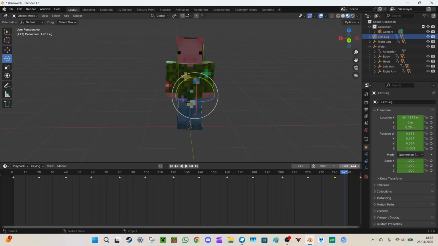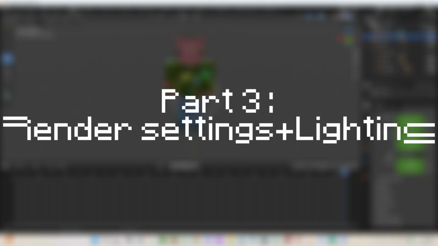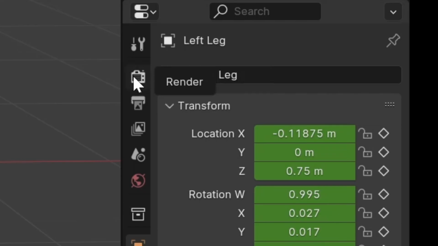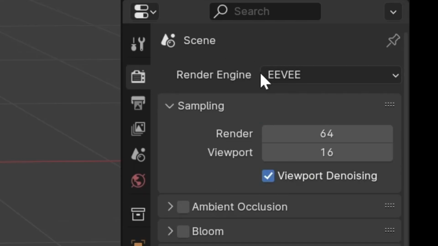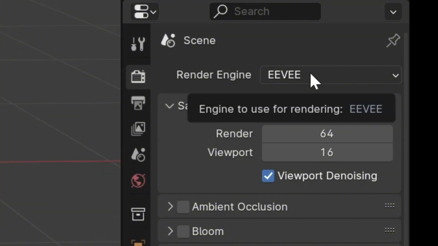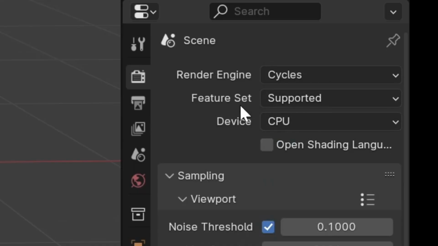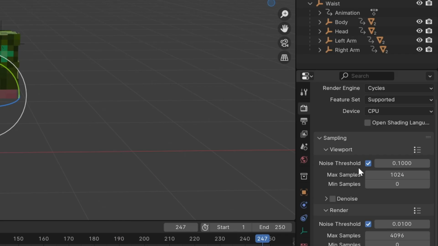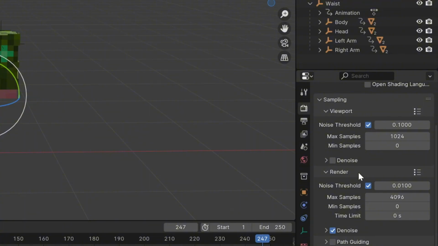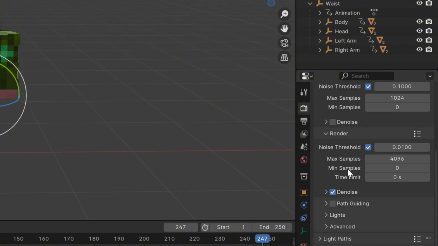So now we've got 250 frames. Let's say we want to render this into an animation. So let's get started on the settings of this. You want to click this button here, Render, and it should say Eevee. Now, Eevee is a great render engine, but I'm going to go for Cycles because it's a more detailed picture. And the only problem I've ever had with Cycles is the animations take